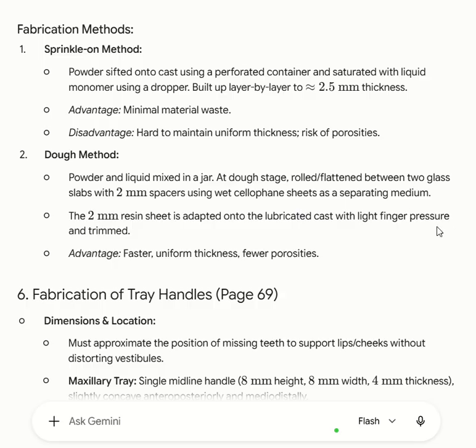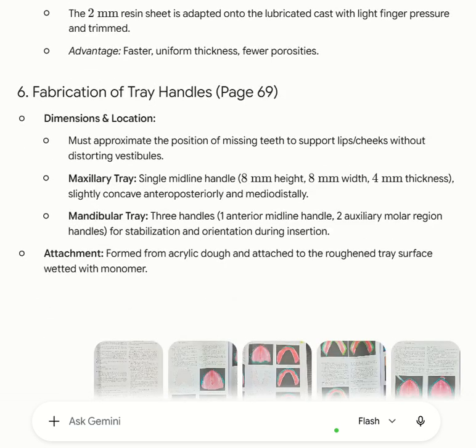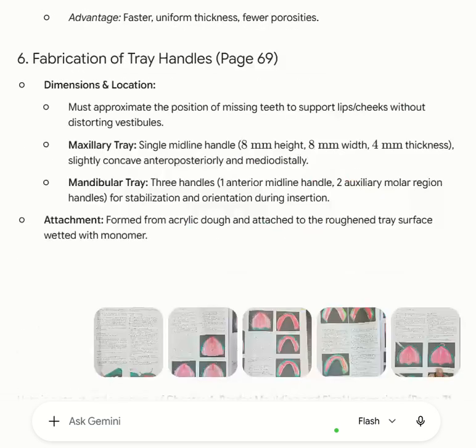The 2 mm resin sheet is adapted onto the lubricated cast with light finger pressure and trimmed. Advantage: faster, uniform thickness, fewer porosities. 6. Fabrication of tray handles, page 69: dimensions and location must approximate the position of missing teeth to support lips,